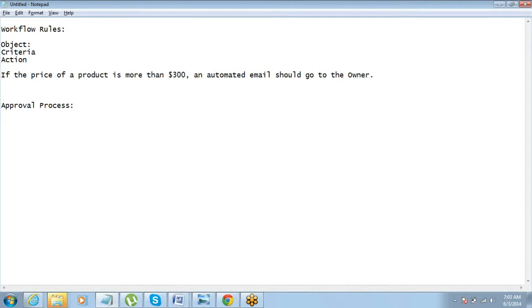The record meets certain criteria, you send an email or you do some action and that's it. But in an approval process, the record meets some criteria and based on that, you want an approval from someone. Just take a simple example. When you apply for leave in your company, it goes to your manager. So automatically, the system should control that approval process. You should not need to go to the manager and ask for it. So Salesforce manages this kind of thing.